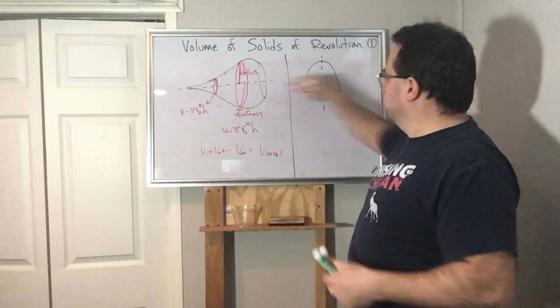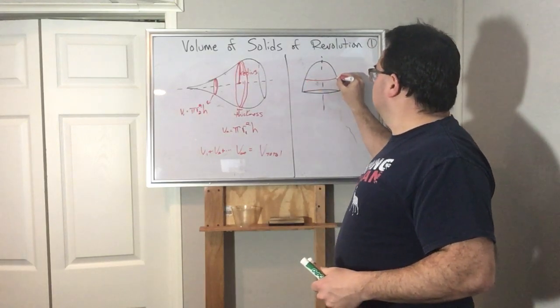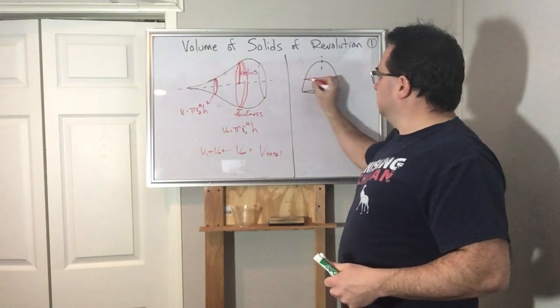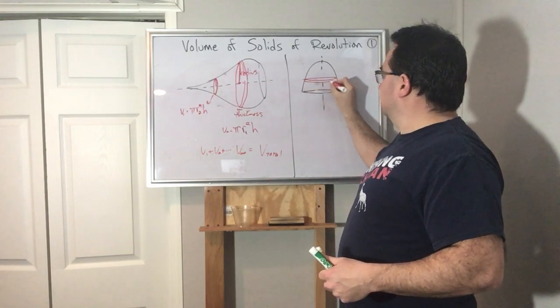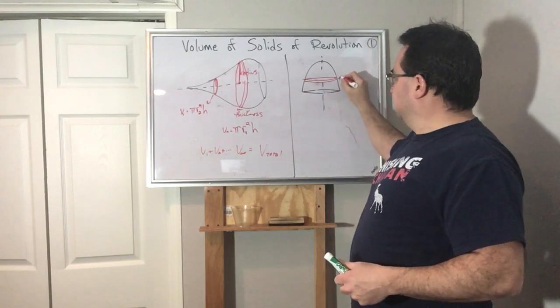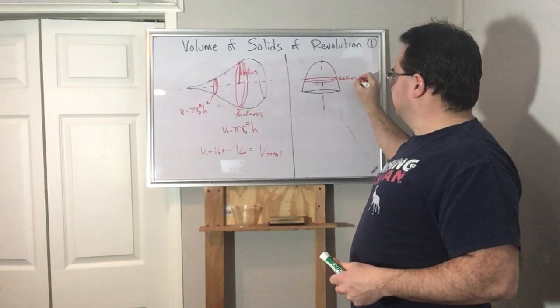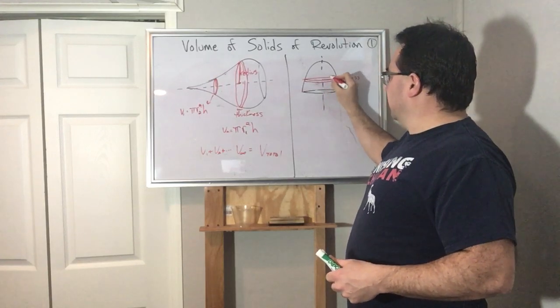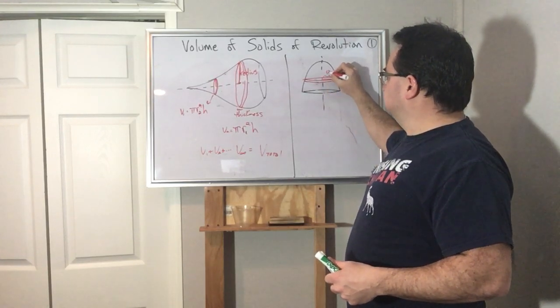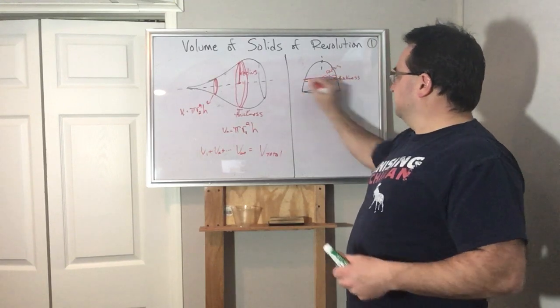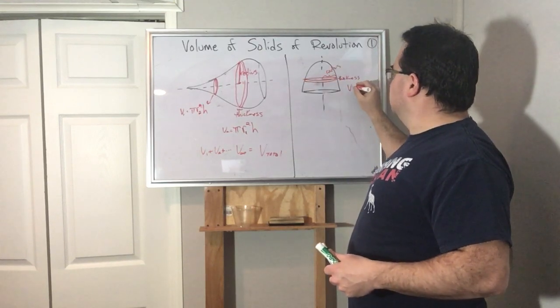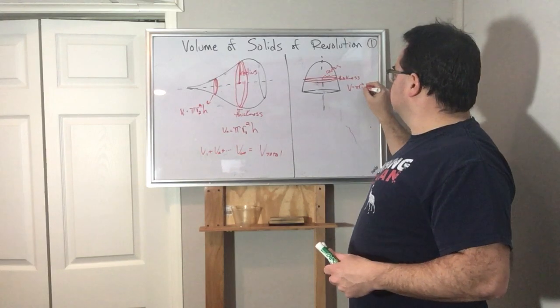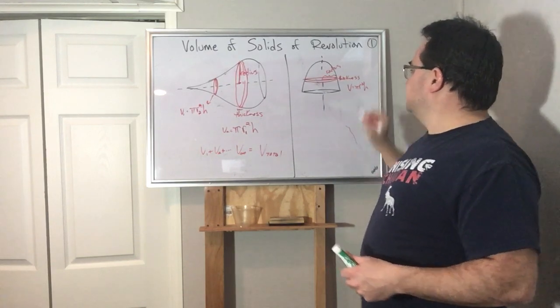And then when I cut it perpendicular to that, that'll create that kind of look. To give it a thickness, you just go like this. See, this has a thickness and it has a radius. So the volume of that one slice would be pi r squared h,